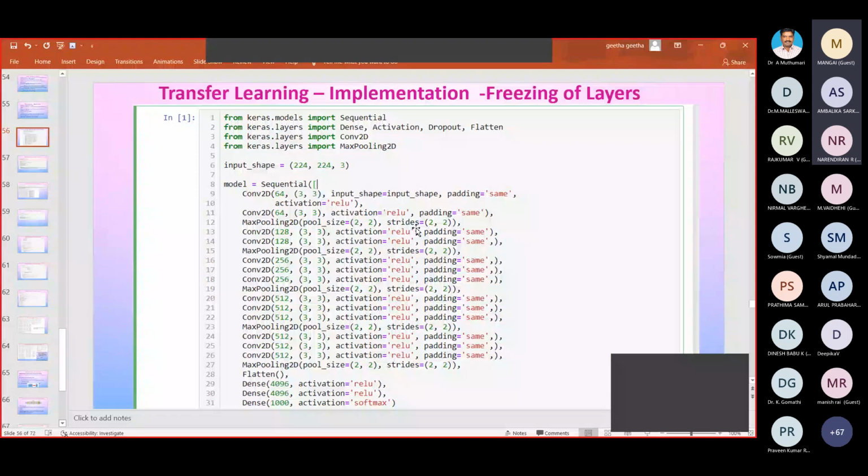We need not worry about all these weights and features, because they are already generated by the pre-trained models. We just add our classification layer or our own network and solve our problem. This is the aim of these pre-trained models.